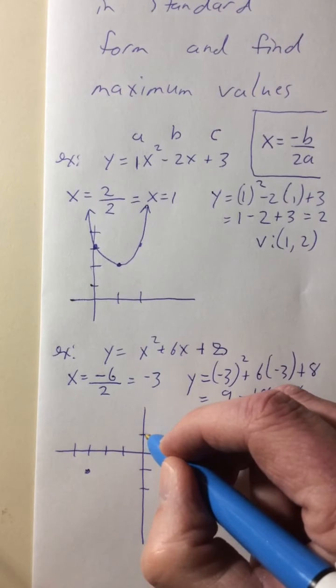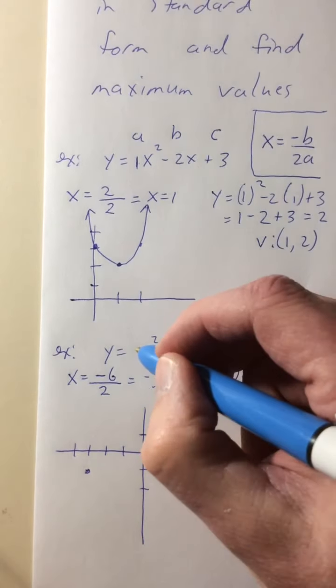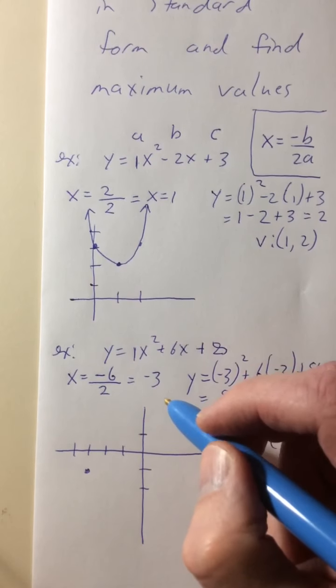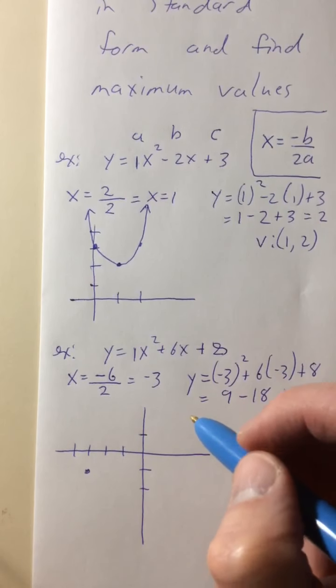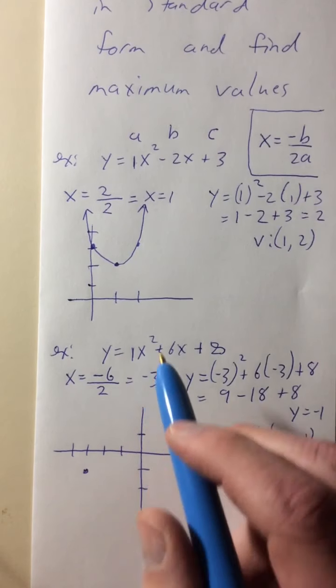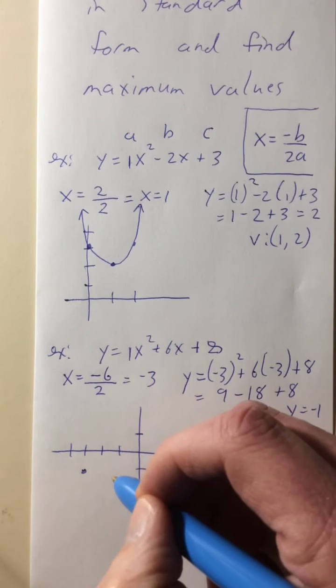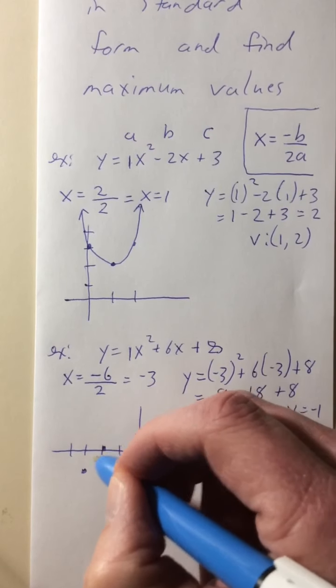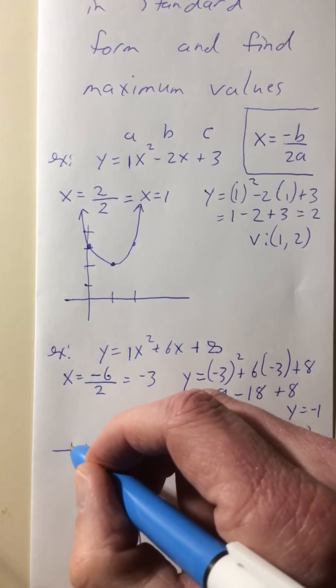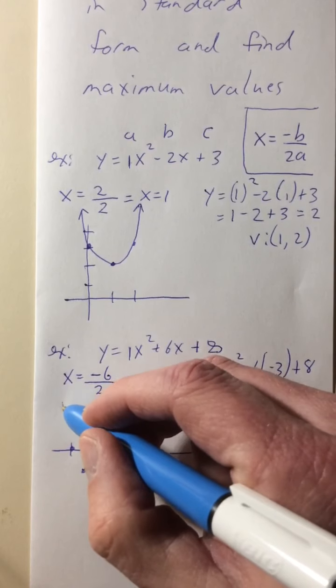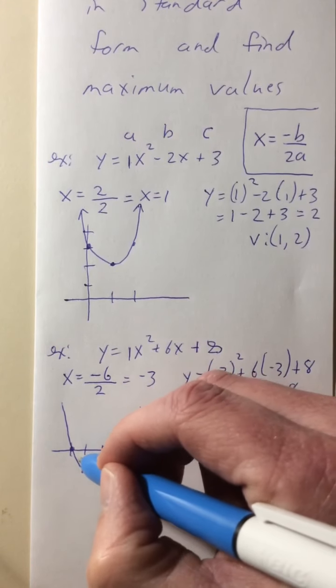Guess I could have gone this way. So the slope is 1. Not really, it's not really slope, but we just treat it like it's slope. So we go over 1 and up or down that number right there. In this case, it's positive 1, so we go up 1. So over 1, up 1. Over 1, up 1. And then again, we connect the dots in a curvy kind of way, or at least